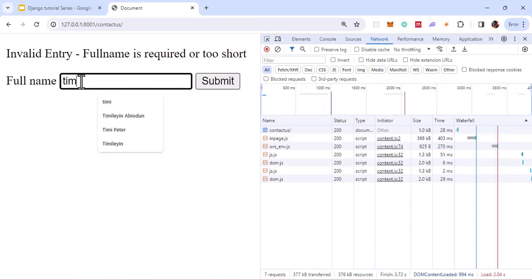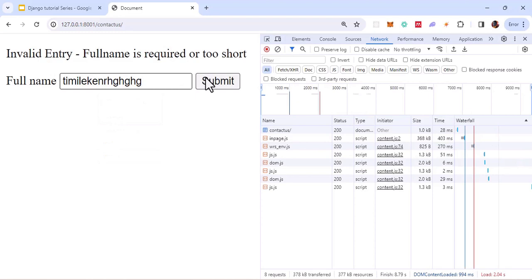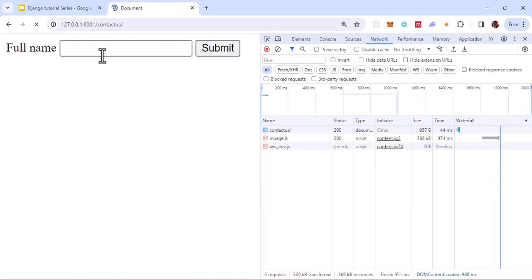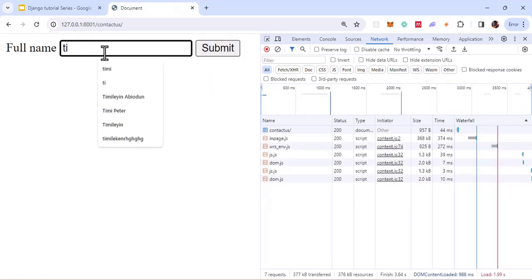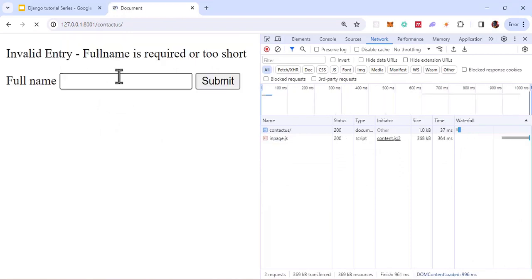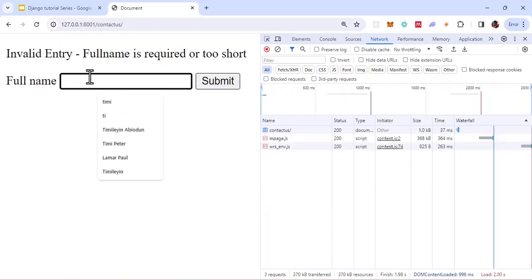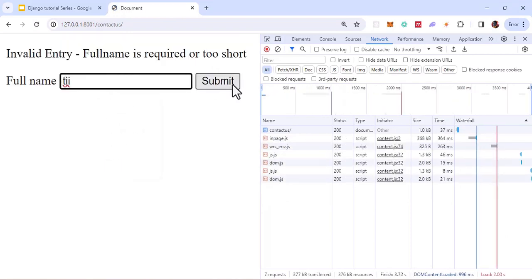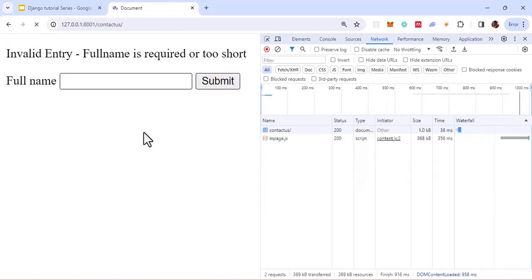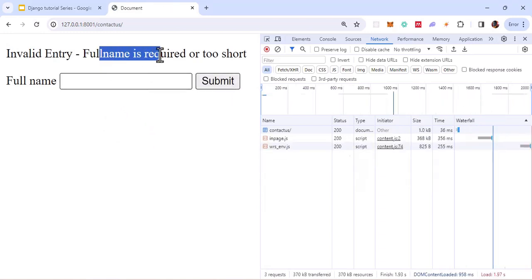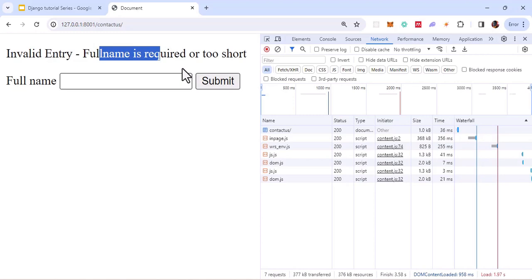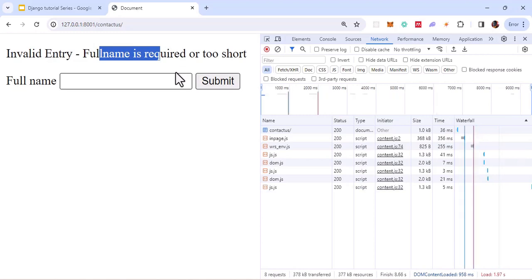If I put in characters that are more than 6, then I should not get the error again. Of course there's no error again. Now if I put 2 characters, then I'm still getting the error. If I put 3 characters, because I don't want it to be less than 6, then I'm still getting the error. So sometimes when you have done the right thing and the error still persists, all you need to do